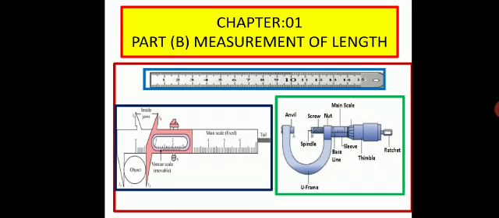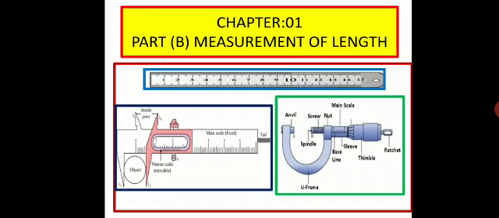that we can take. And you know, this gap or this one division is 1 mm. So we can say that the least count of the scale is 1 mm, or you can also say it is 0.1 centimeter. You can see this least count has only one decimal, that is 0.1 centimeter. It has only one decimal place. So this scale cannot be used to take any reading which has two decimal places.